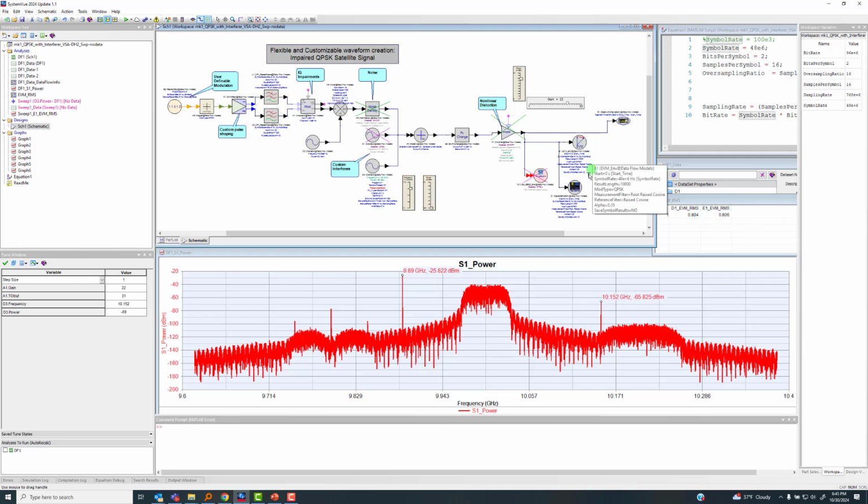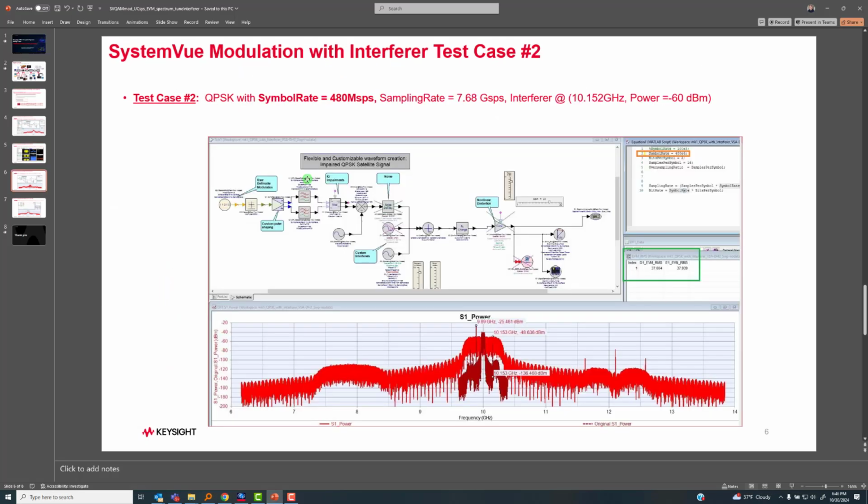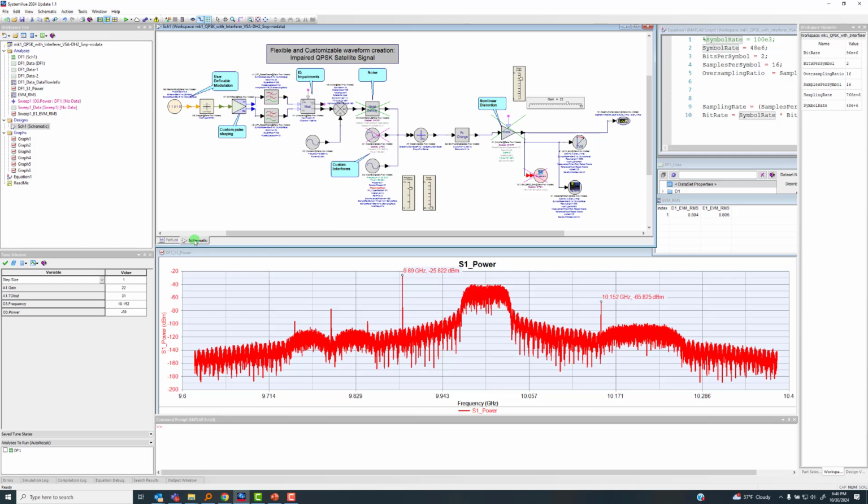And we're also measuring the EVM coming out of the EVM block. And again, it matches what the digital DMOD block is, about 0.8%. So really clean signal. Let's do test case 2. Test case 2 is we're going to increase the symbol rate by a tenfold. Keep everything basically the same and see what happens. So to do that,